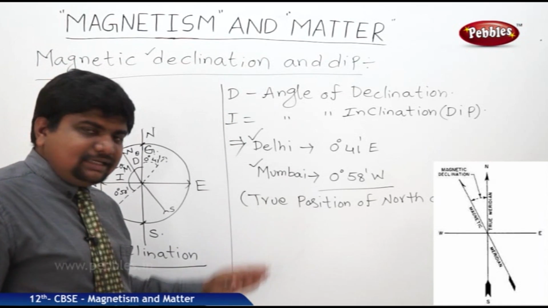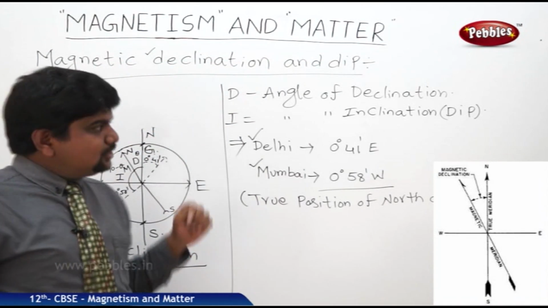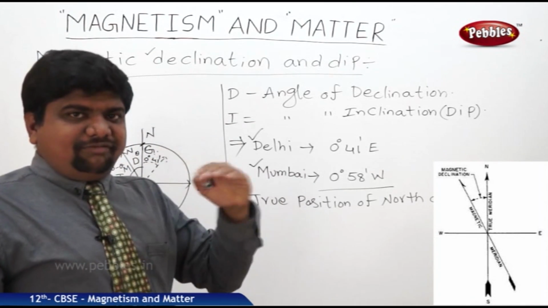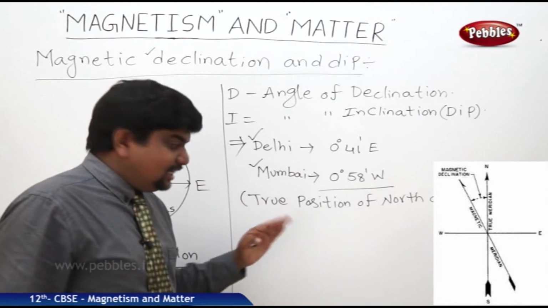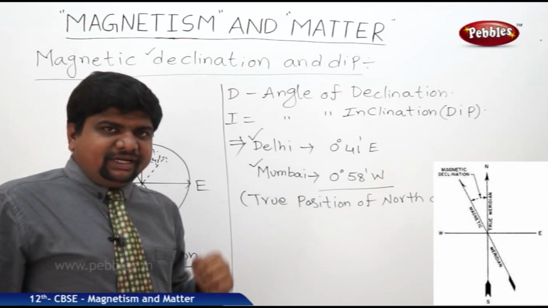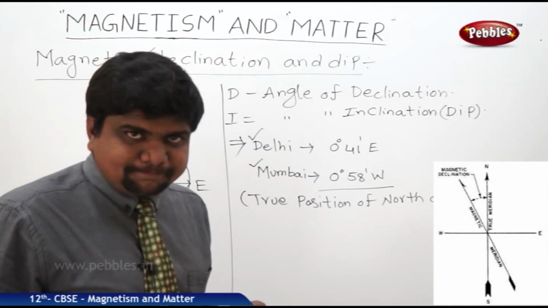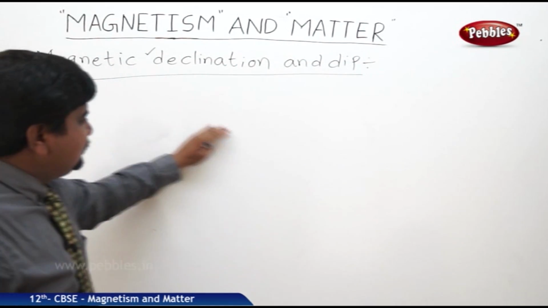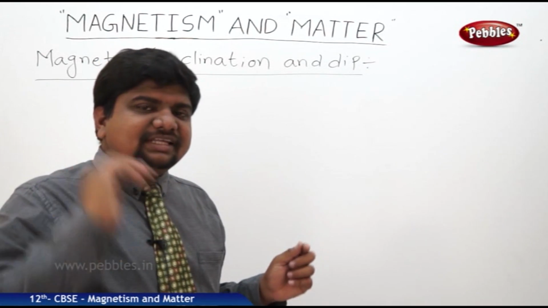So like this we can understand the magnetic declination and dip. So how to find out the actual magnetic strength of a position on the earth? It should be resolved into 2 or 3 components, and we should do the vector addition of those components. So to find out the total magnetic field, the magnetic field at a point on earth has 3 resolved